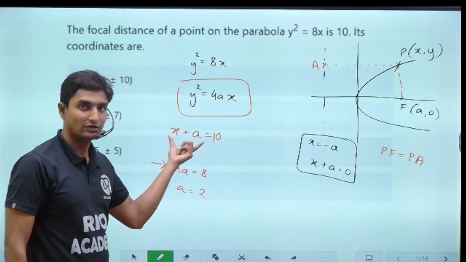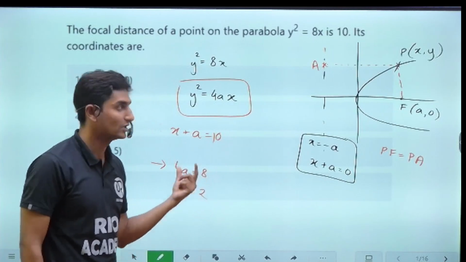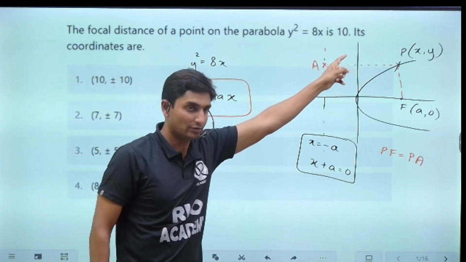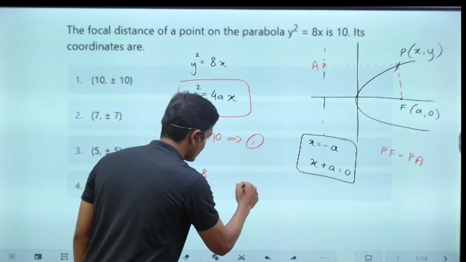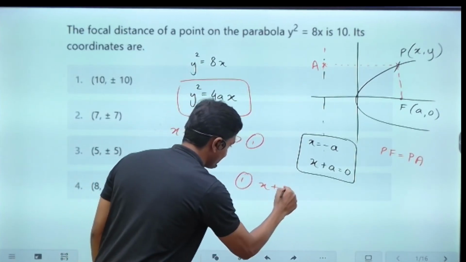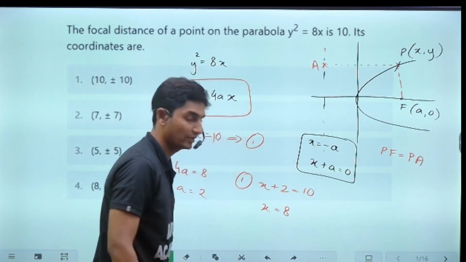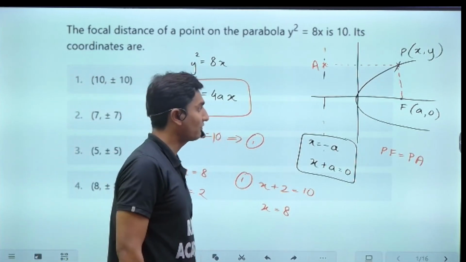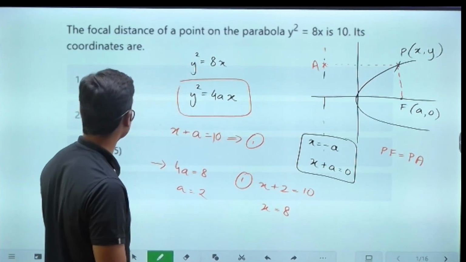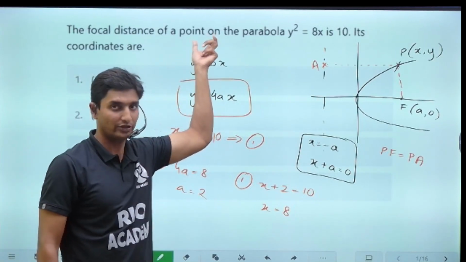Just substitute that here. Already the equation of directrix we know from the standard basis, and the value has been given to be 10. So we are going to substitute it here. So what will this imply, guys? See, x plus 2 is equals to 10, and the value of x will be equal to 8, 10 minus 2. Okay, but now, guys, in the question they have asked us the point. Okay, they are asking us this particular point.